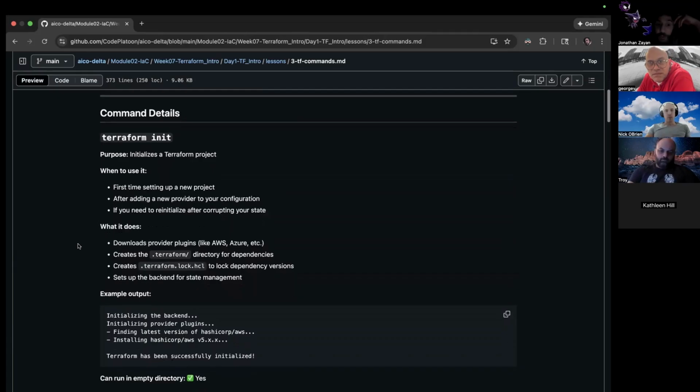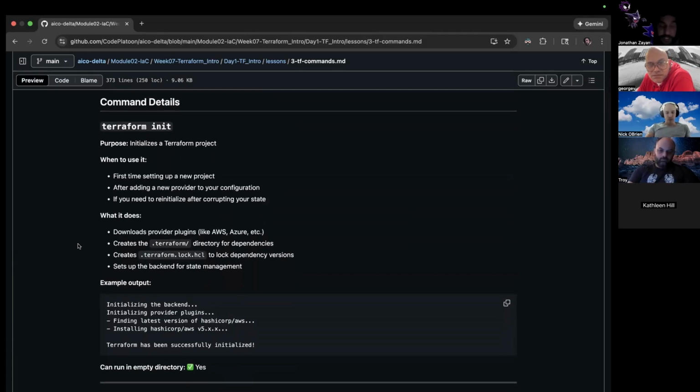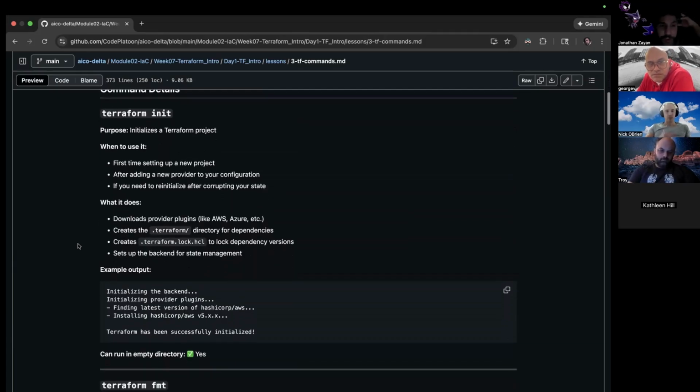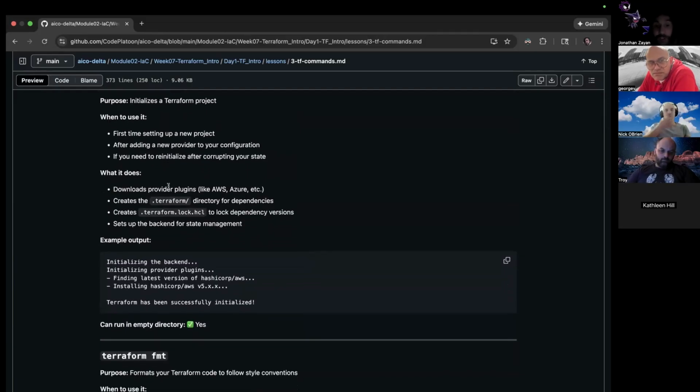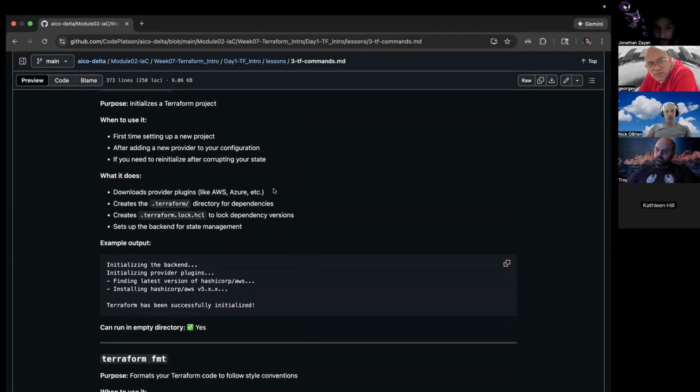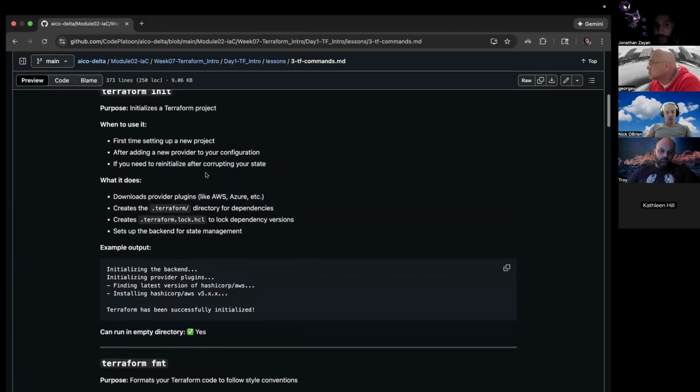So here, we're jumping into it. Let's see if there's something better here than what we already talked about. So init initializes a project. When to use it: the first time setting up a project, after adding new providers, and reinitializing. Oh, this one's good: if you need to reinitialize after corrupting your state. What it does is download the plugins. Remember how you're always going to specify that provider first? It is going to need certain plugins to work. It's going to take care of that for you when you run this command,